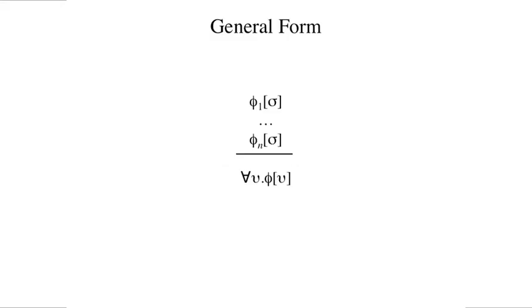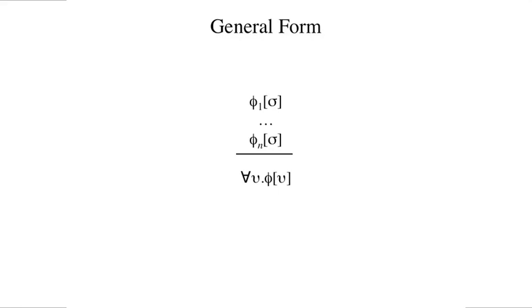Induction for finite languages is trivial. We simply use the domain closure rule of inference. For a language with object constants sigma 1 through sigma n, the rule is written as shown here. If we believe a schema is true for every instance, then we can infer a universally quantified version of that